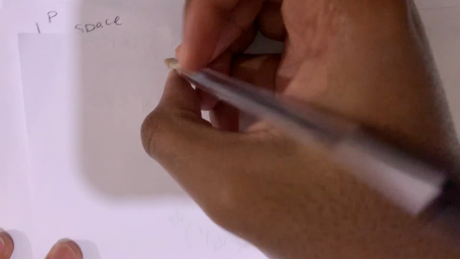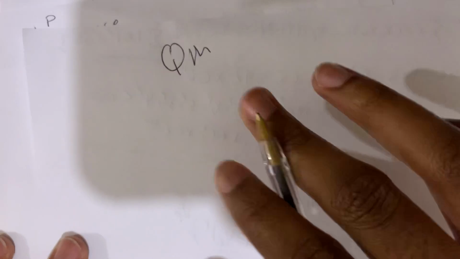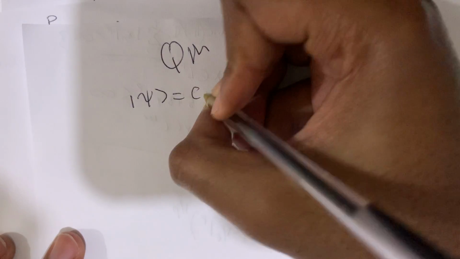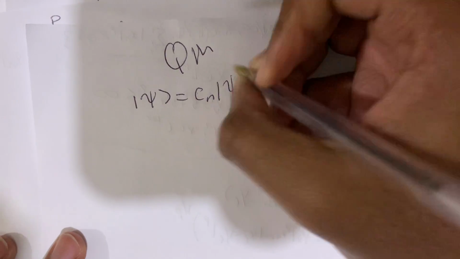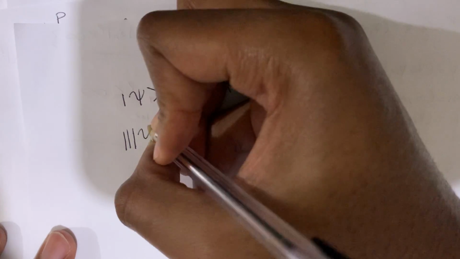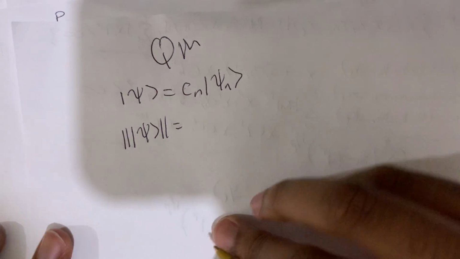So this is a bit of quantum mechanics, but we know that the wave function, the state vector, the general superimposed one, can be written as a linear combination of the eigenstates. There's an implied summation here, by the way. I'm too lazy to write it. The norm of this, like the length of this vector,